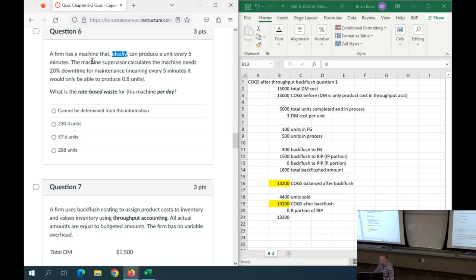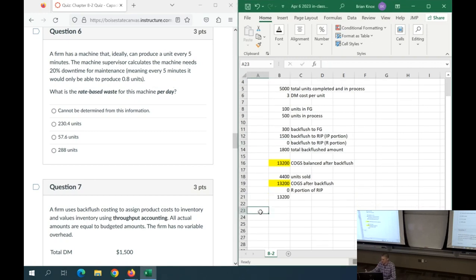The theoretical capacity is going to be 1 unit every 5 minutes, which would be 12 units in an hour, and 12 times 24 gives us 288 units every day. That's the theoretical capacity for this machine. The machine supervisor calculates the machine needs 20% downtime for maintenance. And what that means is that every 5 minutes, so like we have 1 unit every 5 minutes is our ideal, every 5 minutes really it's going to produce 0.8 units. So we take that 0.8 times 12 5-minute increments per hour times 24, and we can get a different amount